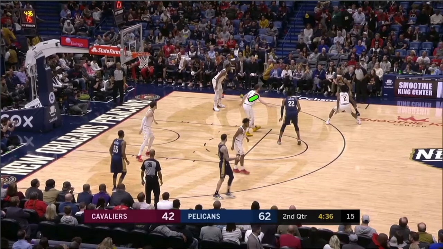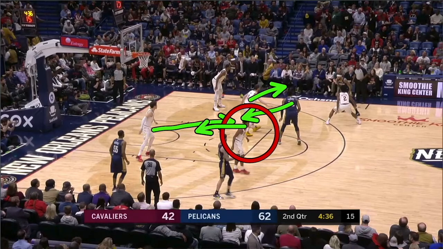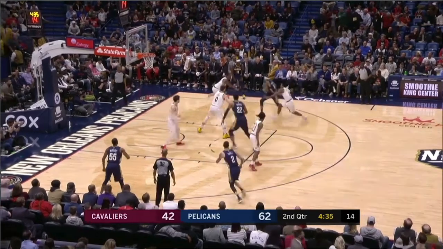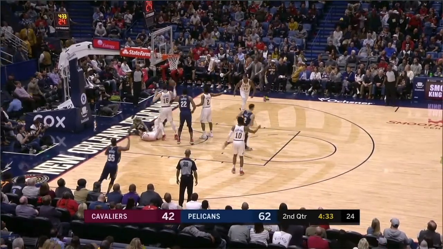So, okay, right here, this guard is icing this ball screen here. This big has to get up and down the ball screen with them, okay? And now you've got to trust your backside help. This defender steps up on Derek Favors' roll. This Cavaliers player sinks down and occupies both Pelicans players 2 passes away. If the ball gets skipped here, this player rotates there, then the backside defender just X's out there. Okay, but if the big doesn't down the ball screen with the guard, you're just giving up a layup then.